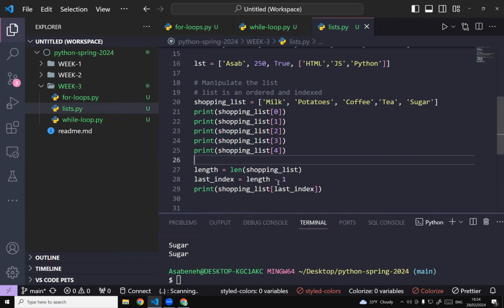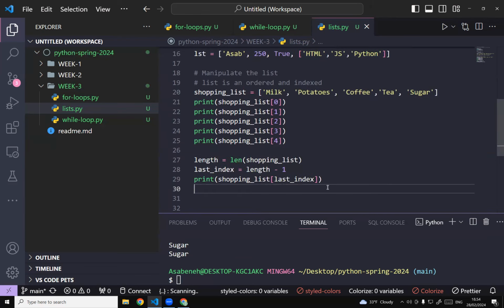So the reason why the last index is actually length minus 1 is that indexing starts from 0, or we count starting from 0. Okay, 0 can also be counted as 1. Great. And now this is a positive indexing that starts from 0 all the way to the end. And we can actually do